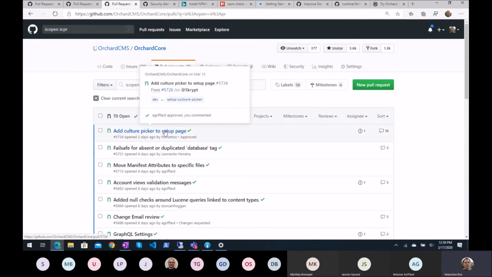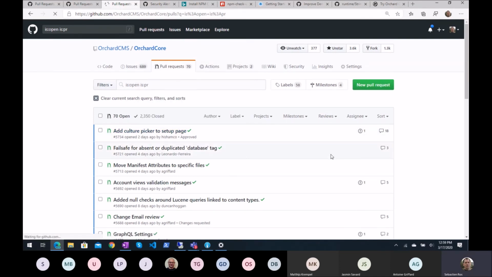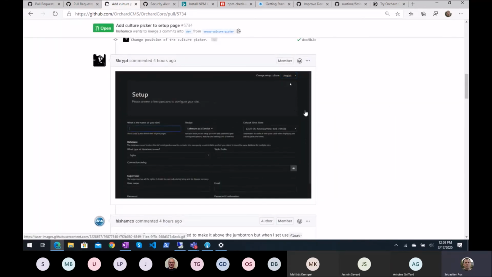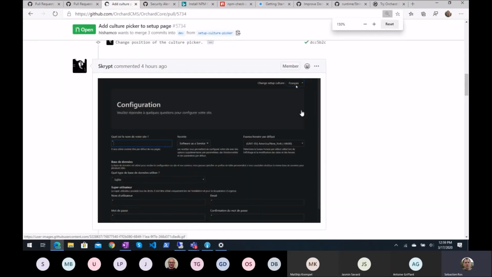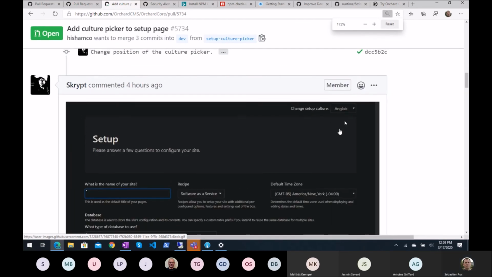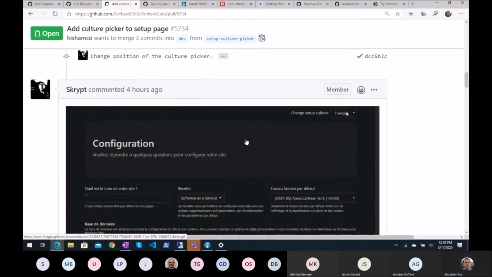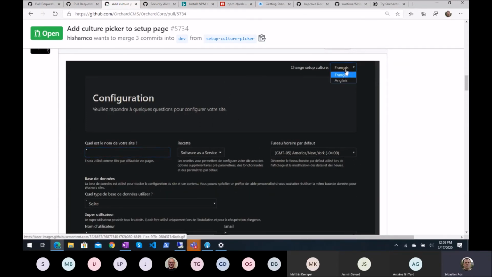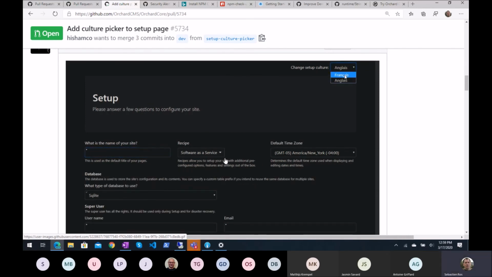Culture picker setup page. So yeah, I still have some comments on this one. You can't see it clearly because it's a black theme, so it doesn't show up very well when there is white around. Try the drop down to switch the culture of the setup page.